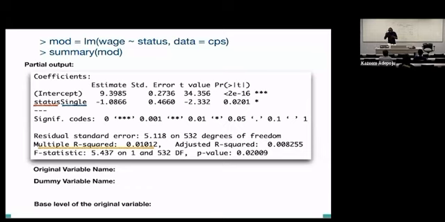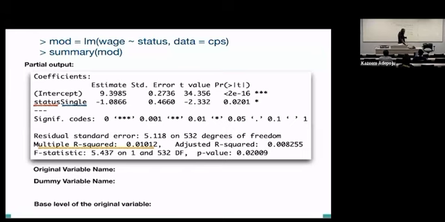It's only 1 level that will be reported, and in this case, it's reporting single. The reason is that R has automatically coded single as 1 and coded married as 0,